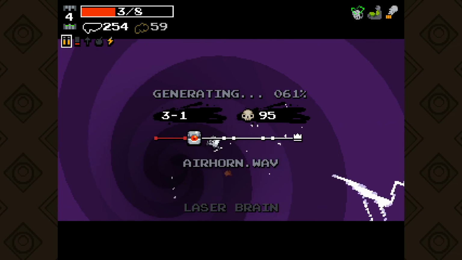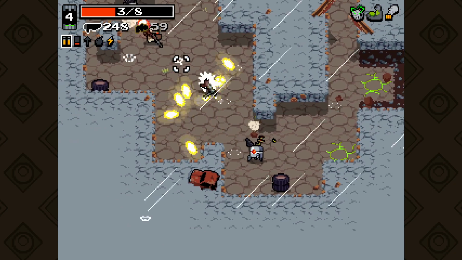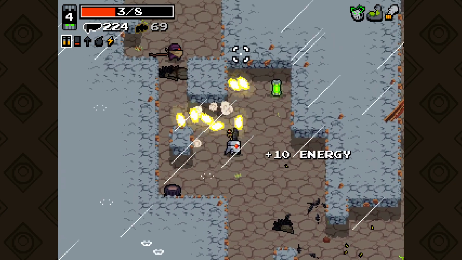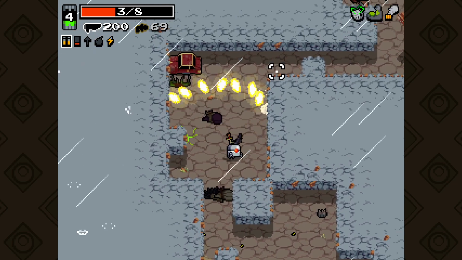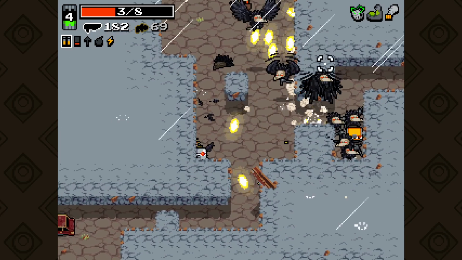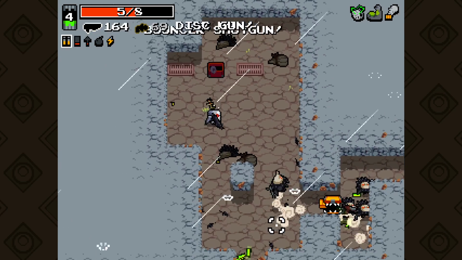Oh, thrown butt for the increased nutrition from guns. Also had the lucky shot there for kills randomly giving me bullets, but no, I went for laser brain because I really do like the laser weapons. What can I say? Still, though, I feel like sometimes you get a lot of...